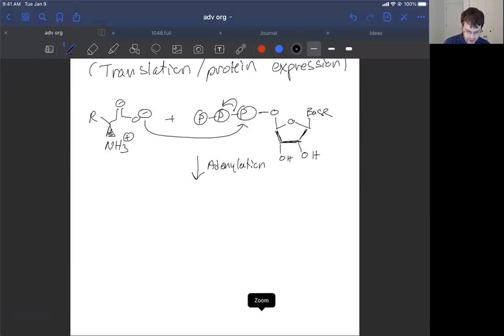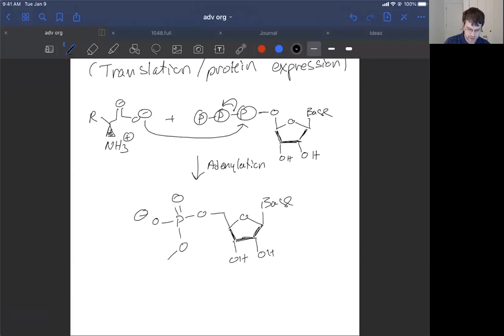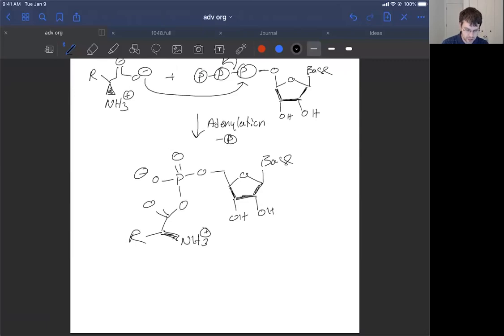Now we can draw our phosphate out explicitly. There's our adenosine group. So now we have this adducted to the carboxylate side of our amino acid, and there's our side chain. After reacting this with ATP, which was up here,